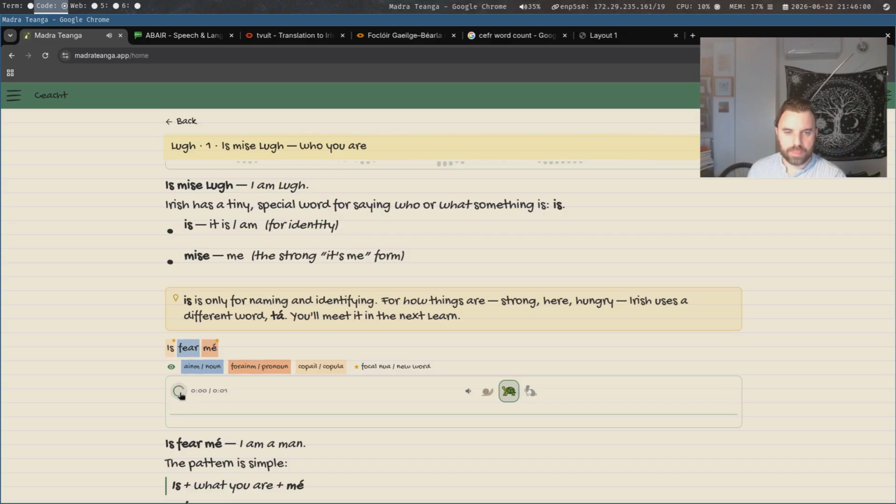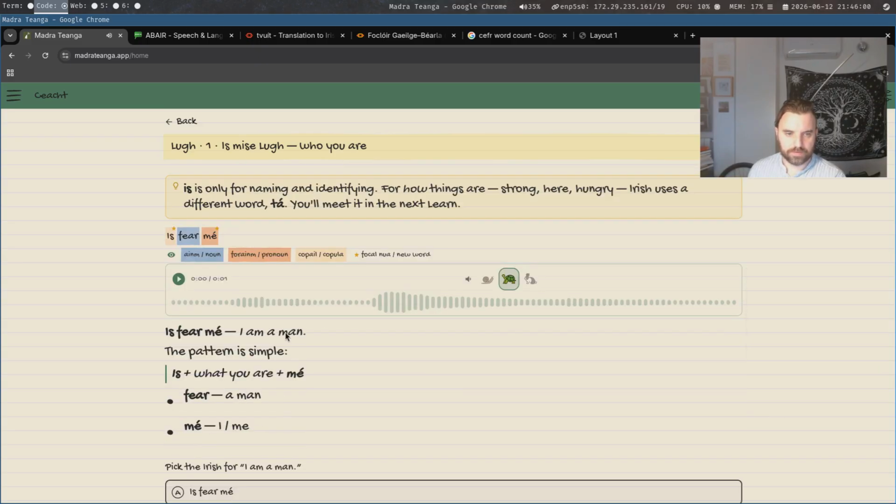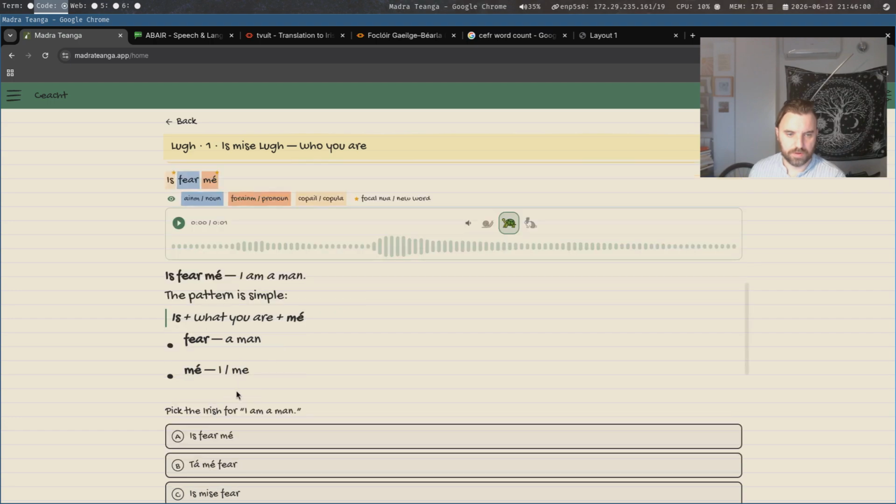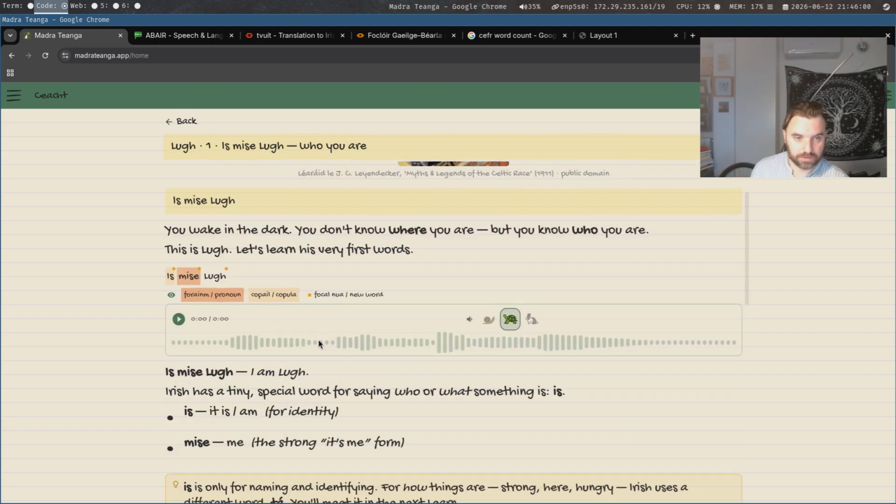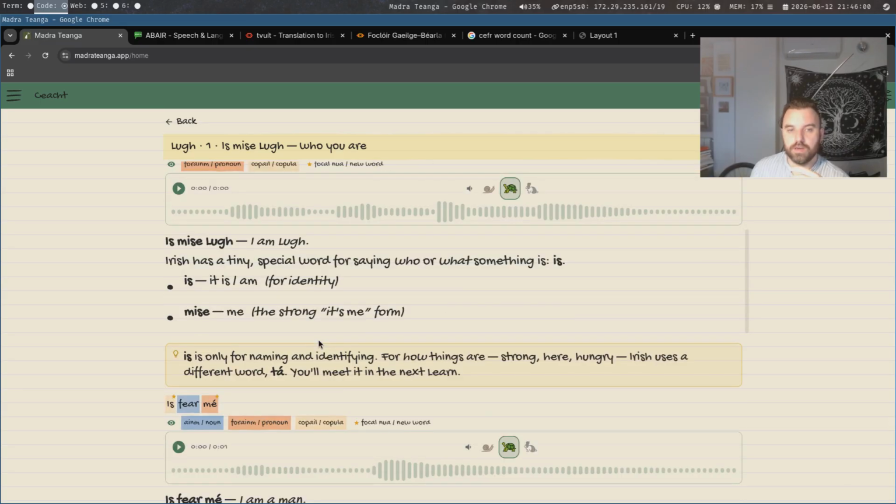This fireman, his name is again, it's Fear Fáinne, I'm a man. When I designed this course originally, I designed it so that in the first ones you'd have Is mise, Is fear mé, you do the identity and then we introduce tá, and then we introduce the next. So in the course, we introduce one concept, we show it fully, and then we move on and show another concept. We're only ever showing you one new thing in each lesson.